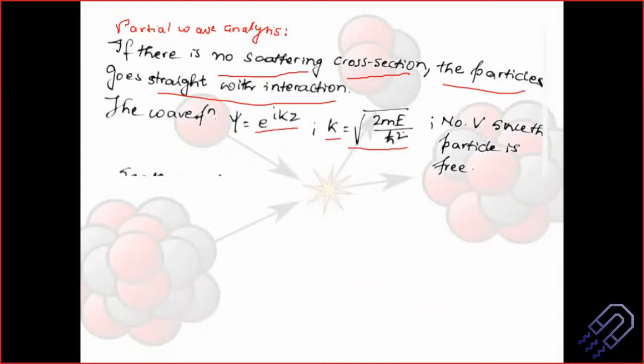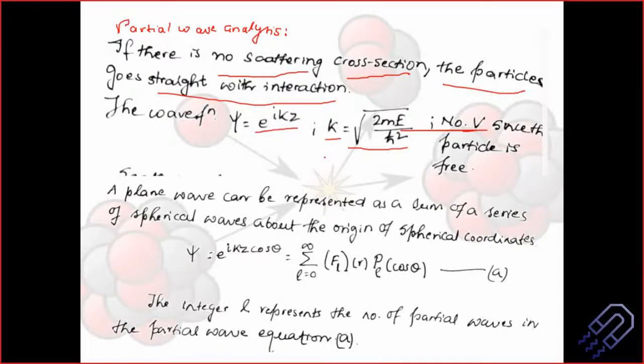If there was a potential, this would have been E minus V, right? If there was a scattering cross section. But there is no scattering cross section, so the potential is zero. This is something we already know from quantum mechanics, and k is this. So we are not diverting too much, we are just on track with quantum mechanics so that we understand this better. I've put the sentences there, kept to a minimum, but this is something you need to write in your exam. Don't just write down the equation without understanding, otherwise it becomes a bit difficult.